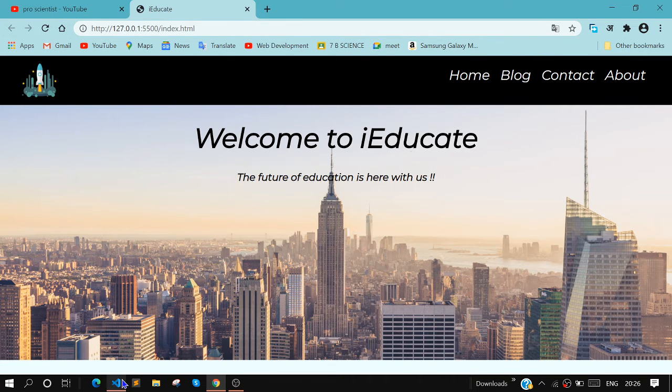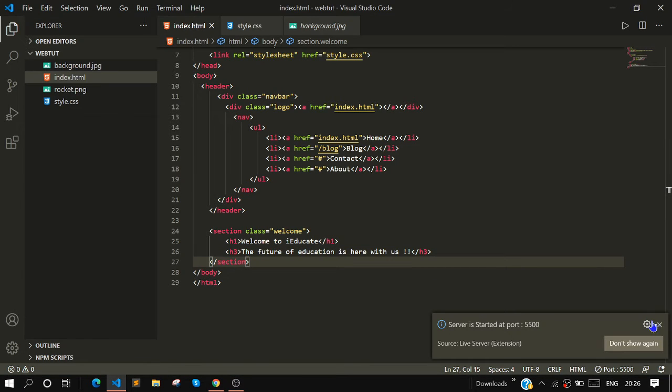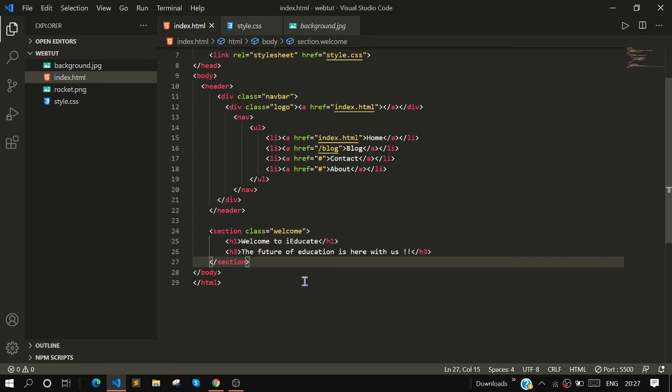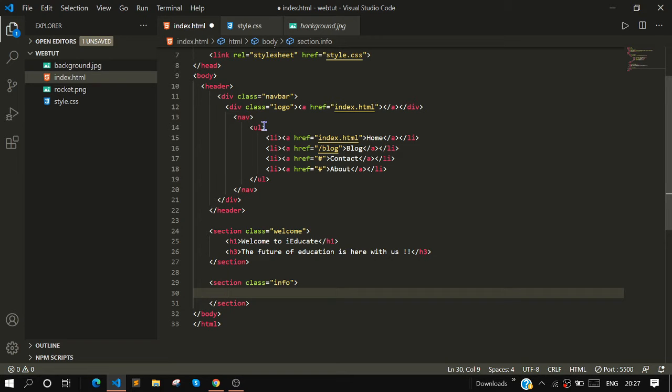Okay, now what we're going to do is put an information section over here. We're going to ignore this and make a new section. If your PC is a bit busy doing some other work, then the suggestions might not show up. So the name of this section is info, and inside that section I'm going to